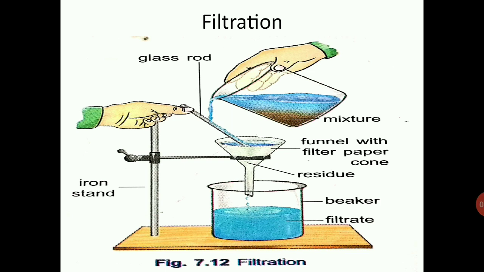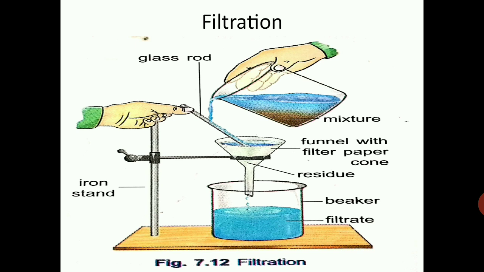The process by which two substances are separated by passing the mixture through a filtering device is called filtration. Filtration is commonly done in our homes. For example, after preparing tea, we filter out the tea leaves using a strainer. Filtration is also done to remove pulp from fresh fruit juice. The water may also contain solid impurities, which can be removed by filtration. So let's see how this filtration is done.